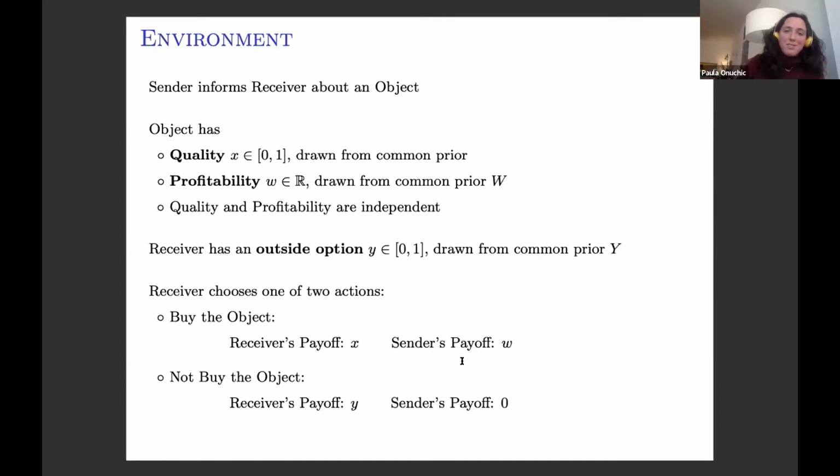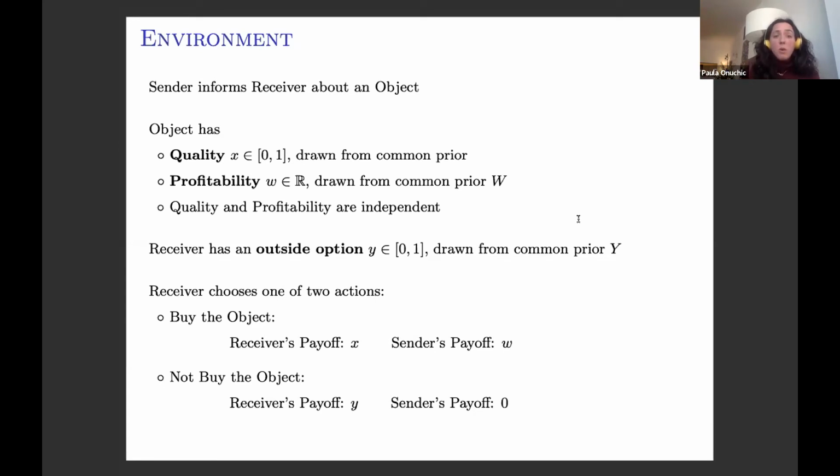Let me read this in terms of the financial advisor case that I was telling you about. In the context of the financial advisor, you should think of the quality as the suitability of this asset to the investor, and the profitability could be whatever commissions the sender is receiving from the financial product provider. Importantly, the commission is kind of uncorrelated with the quality. Here I'm taking it to be uncorrelated, but again, it's what I said to Umberto: for the first result that I'm going to show you, you could think of it whichever way you want.